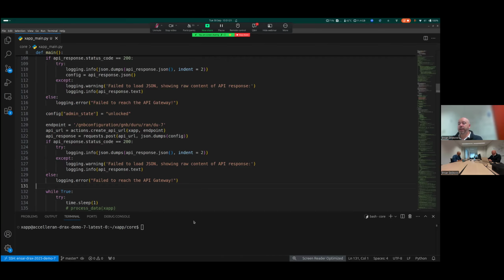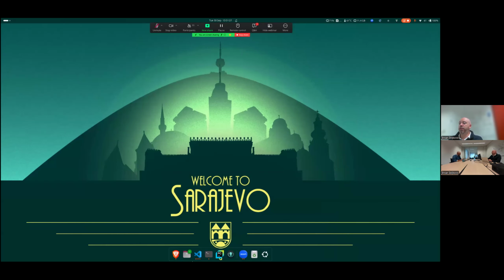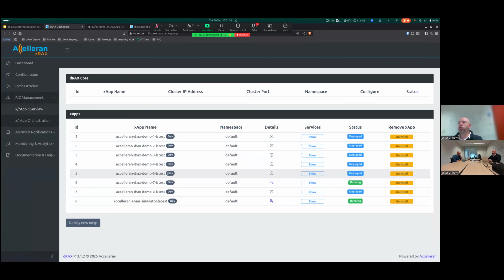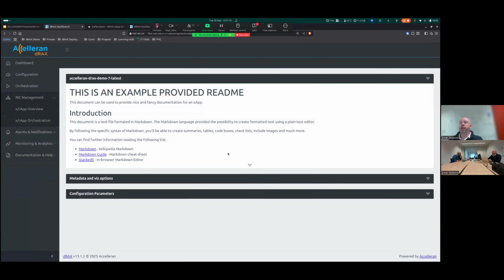Let me just run this xApp so that it's running. When you see each of the xApps on the dashboard, if you go to the RIC management and the xApp overview, you get your xApp Demo 7, and you can see that it has this details column. If you click this small icon, you can get into its configuration page.